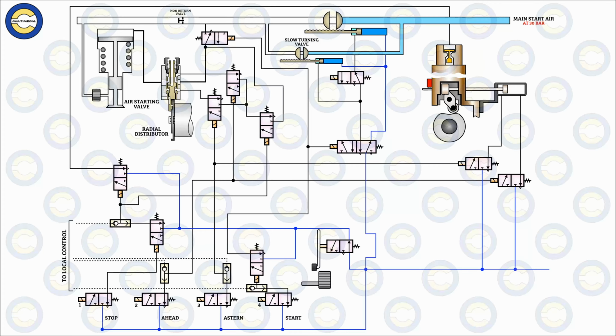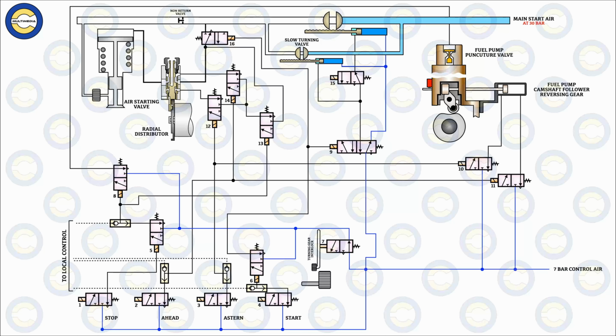Various DCVs involved in the network are visible in addition to the fuel pump and the puncture valve, and also the fuel pump camshaft follower assembly and the reversing gear. The lines would indicate the control air of 7 bar and also the main air of 30 bar. In addition to this, you will have the turning gear interlock and how it plays an important role in the triggering of the system.